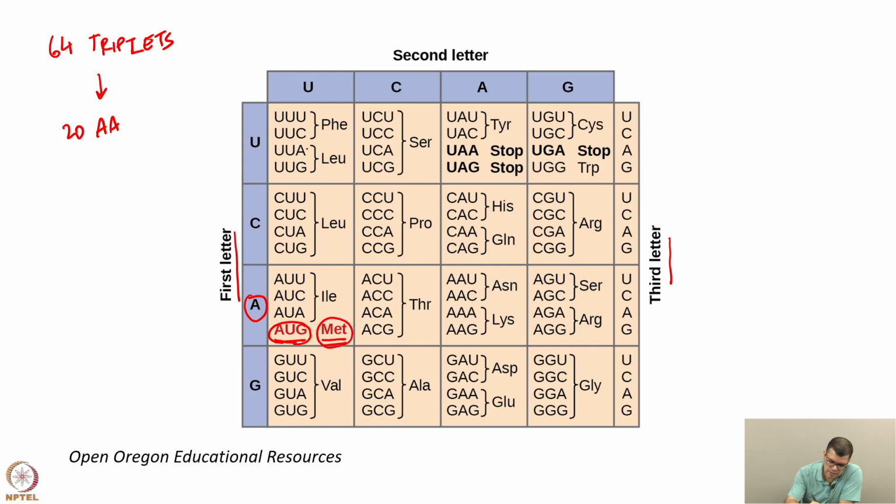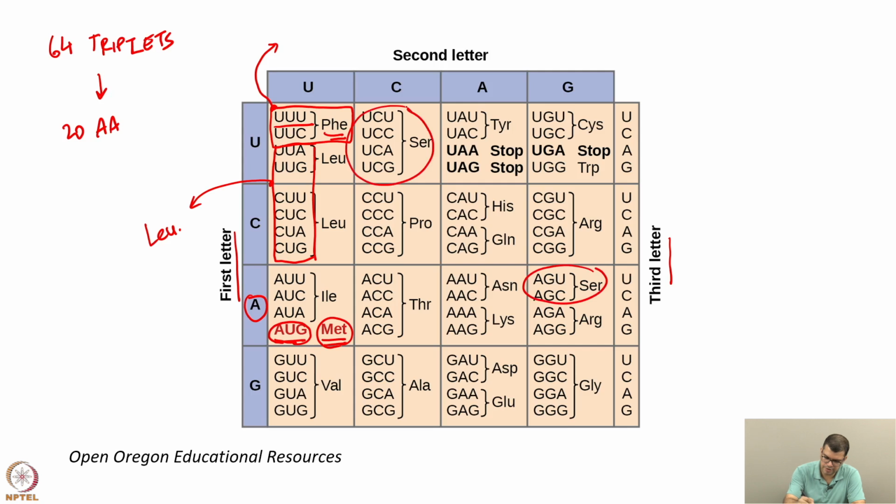If you see these 6 codons, each triplet is called a codon. These 6 triplets or codons correspond to the same amino acid called leucine. You have 2 codons which are responsible for encoding phenylalanine. UUU is something that we looked at in the last slide, and so on and so forth. You have serine as another amino acid which is encoded by 6 different codons. So, in all we have 64 codons or triplets